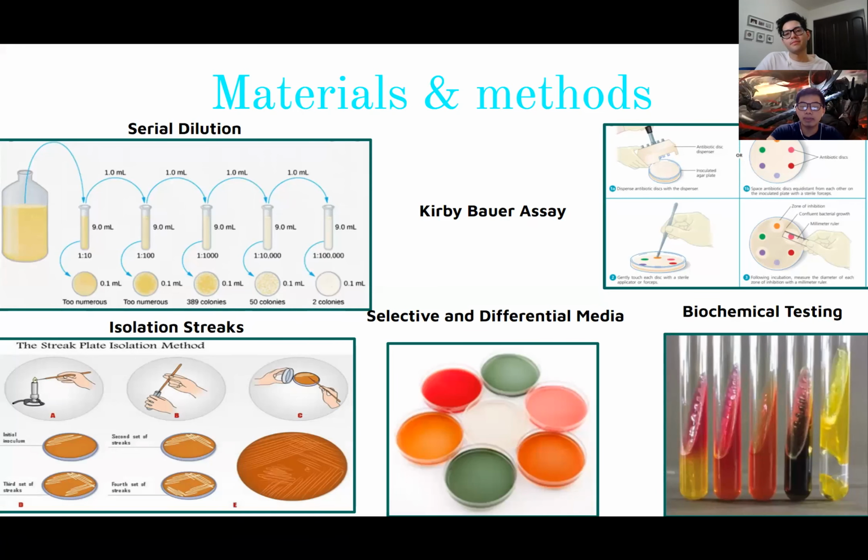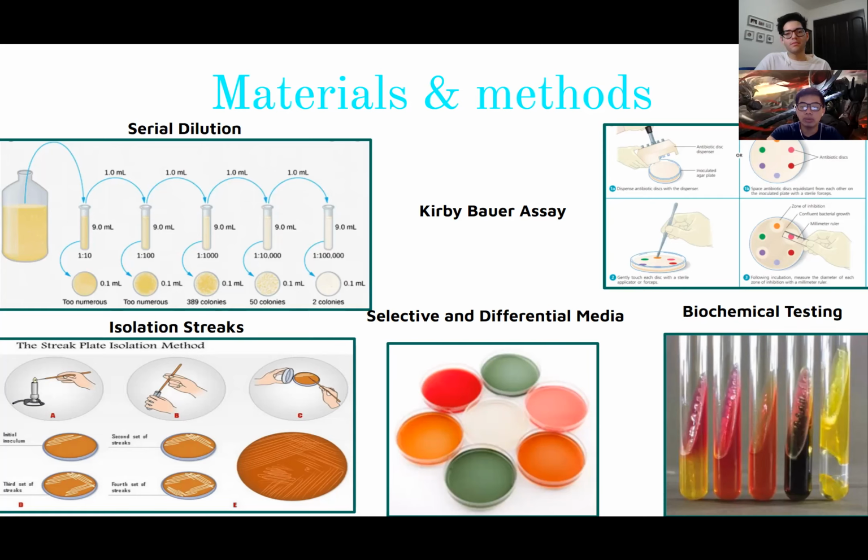For materials and methods, first we're going to serial dilute the sample to obtain a viable titer. With that viable titer, we're going to pick one colony and perform various isolation streaks to obtain pure cultures. In addition, a gram stain is going to be performed on that isolation streak to determine the cellular morphology of the unknown. Once it has been confirmed through colonial and cellular morphology that it is a pure culture,